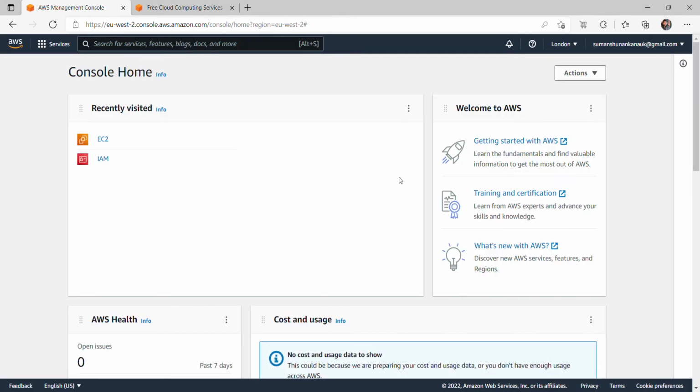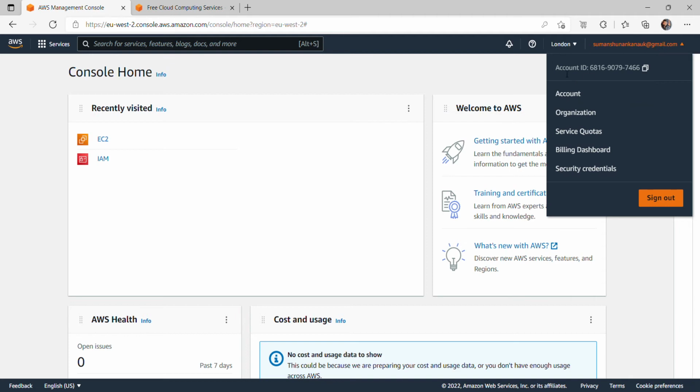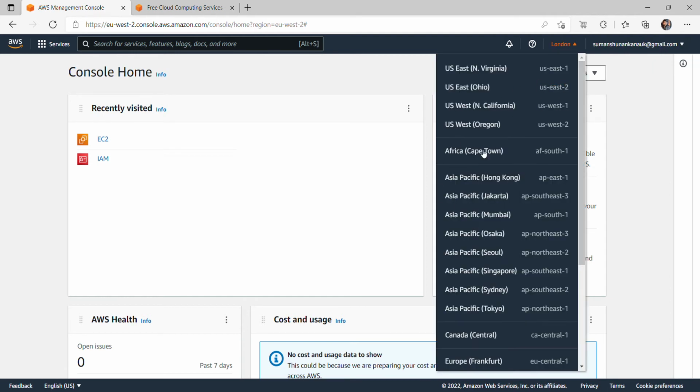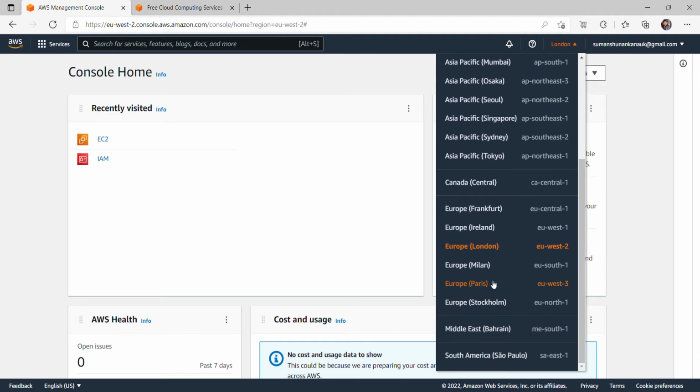Okay, so I logged in as a root user, because in the drop down list I only see my account ID. An account ID is basically one account, and within one account we can have multiple users. I don't see any IAM user because this is the root user. We have seen a lot of regions, so you can select any region based upon your location. Right now I am in Europe, so the nearest location is Europe, and I have selected